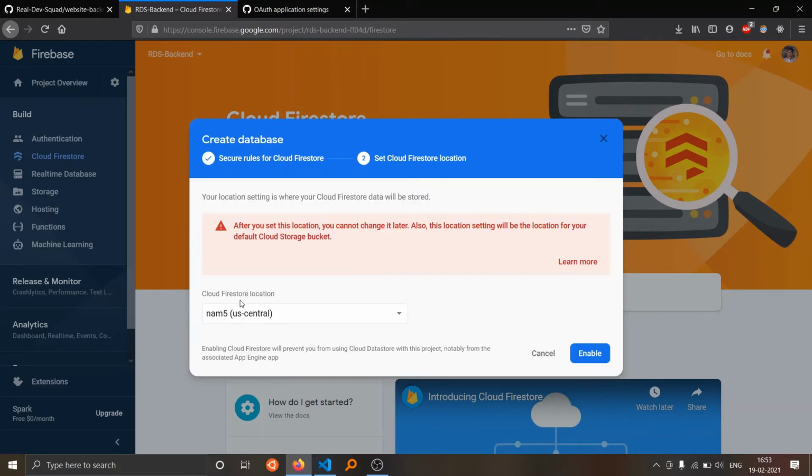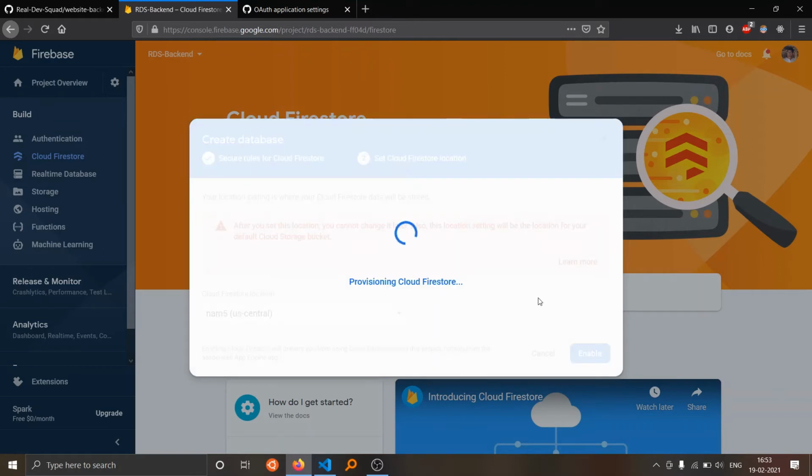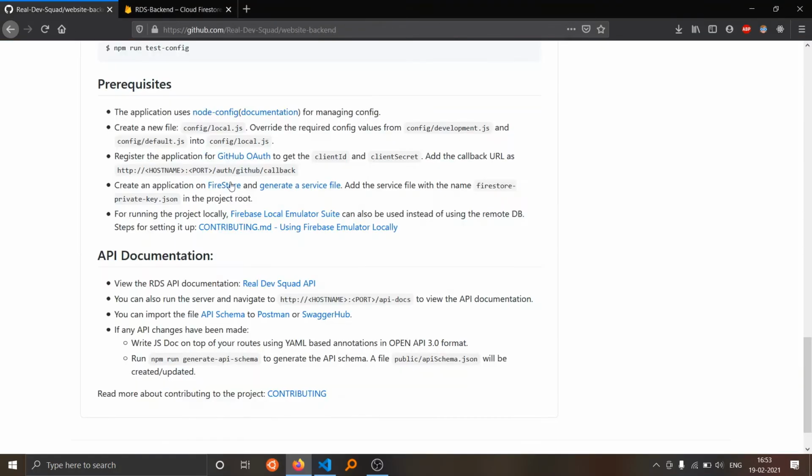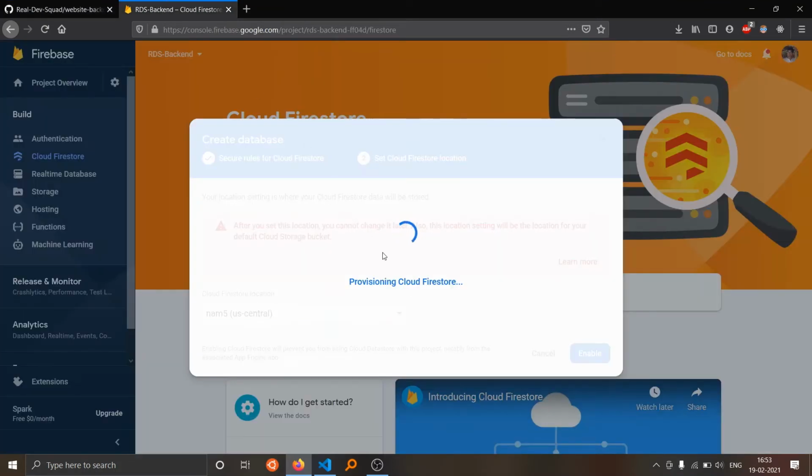If you want, you can change this location, or it's fine as it is. I'll keep it as it is. Enable. So it is creating a database for us. Let's wait.